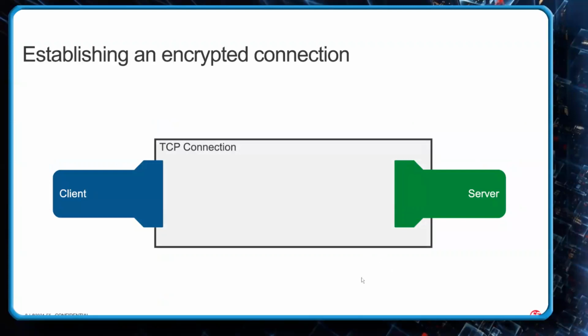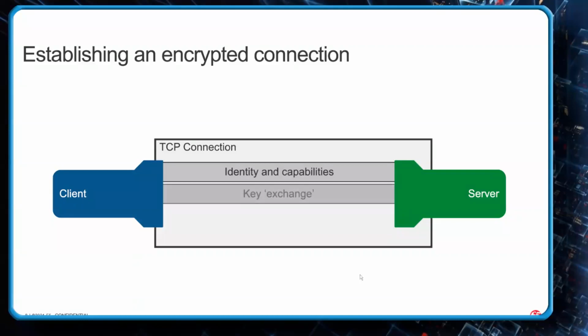But in order for us to speak encrypted, we also need the client to know who the server is. The identity needs to be established, and there needs to be trust. Next, we're talking about the key exchange, and this is, for all intents and purposes, the complicated part. So we want to end up with both the client and the server having the same encryption key,